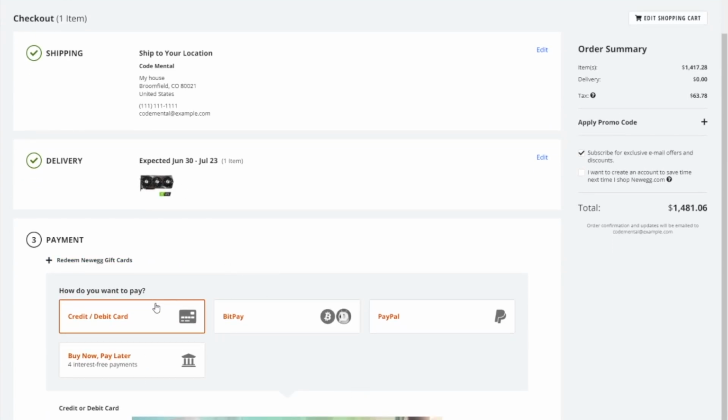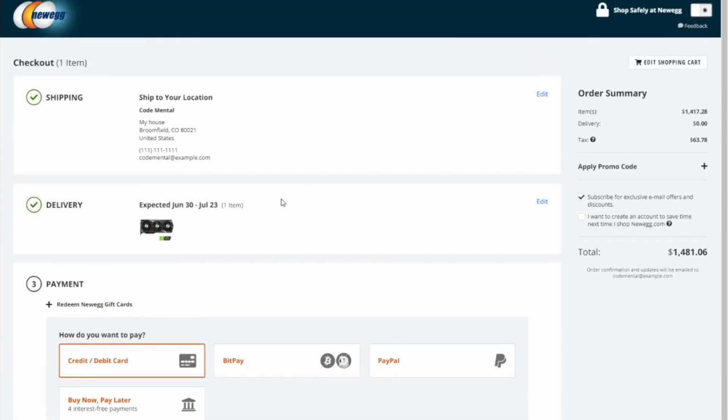I would say if you want to do this, you probably want to register for an account in Newegg. Then I would log in manually on this browser to the Newegg website, and then you can let the script basically complete the checkout process, but it will not require as many steps as this checkout process required, because I started from scratch. I had to put my billing address, my shipping address. But if you already have an account, you should be able to just go through each step automatically. It saves you time and effort as well.